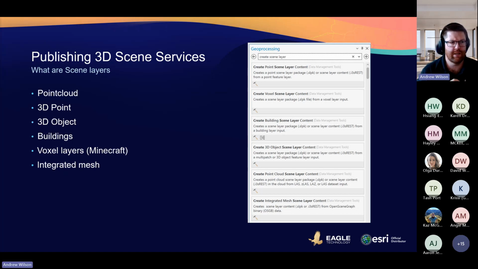You've got your 3D objects, that sort of exterior of buildings or modelled. Then buildings, where you can bring in your BIM data from either Revit or IFC and visualize that. And that's probably more for more complex buildings.